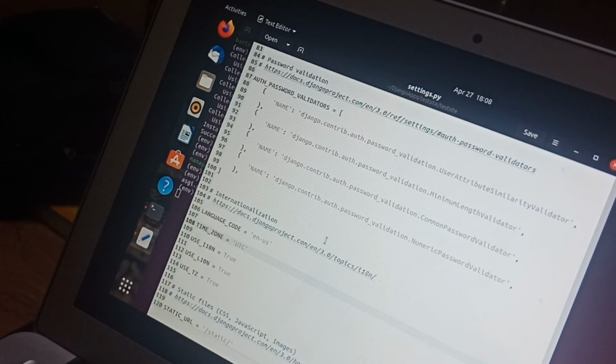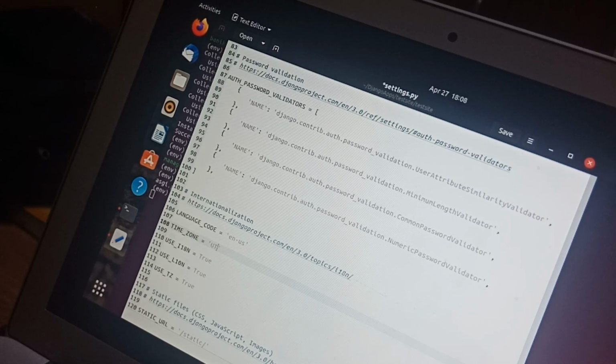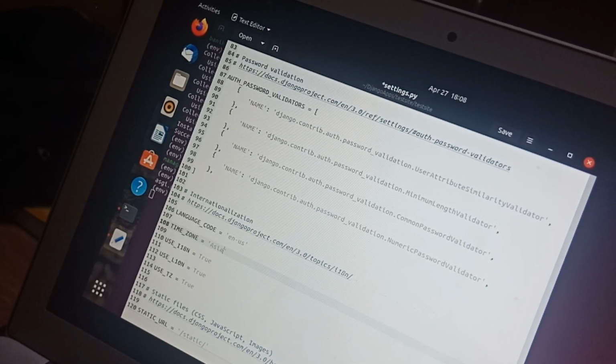Finally found the time zone area. It's over here. So let's make it Asia/Kolkata. And then I will go back and save this, Ctrl S, Ctrl Q.